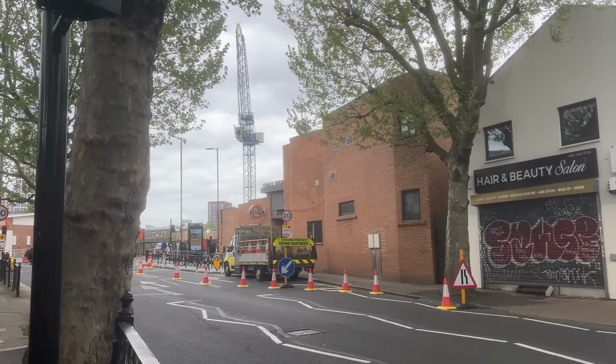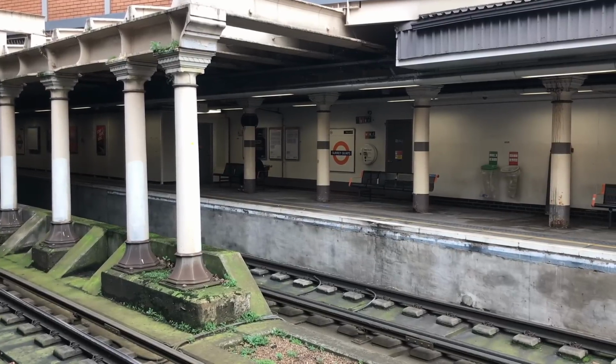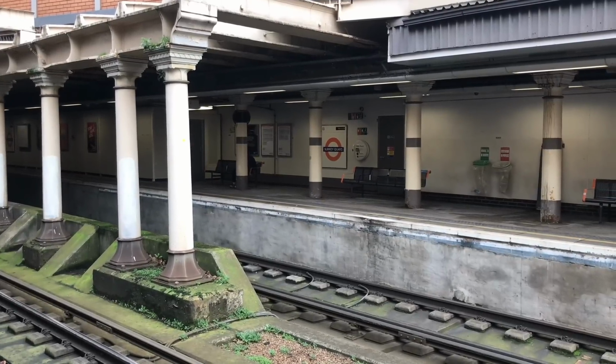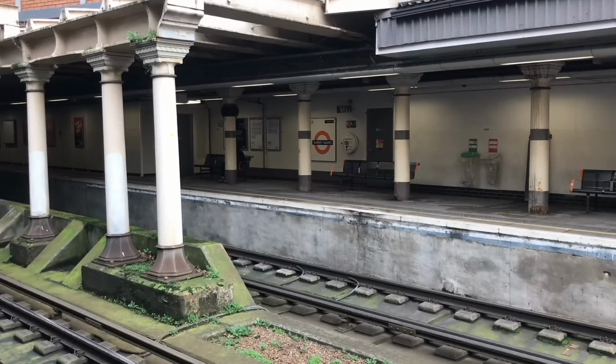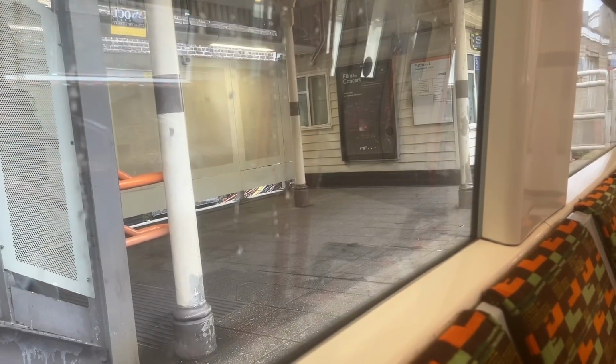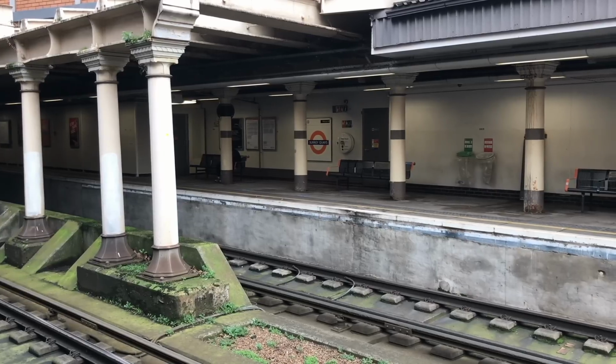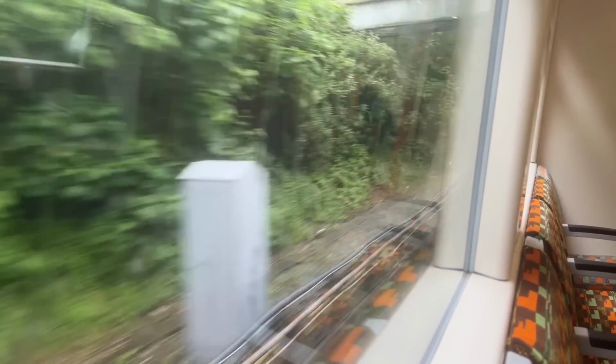There are a lot more original features at platform level. Currently there are 2 platforms, although there used to be a bay platform at the southern end where trains could terminate. It's hidden behind a metal fence now. There would have been another bay platform at the other end, but for whatever reason it wasn't built. There was also a siding into the docks themselves, and a number of other sidings for storing rolling stock. Apparently there was a special de-icing vehicle stored here in the 1920s, but I haven't been able to find any